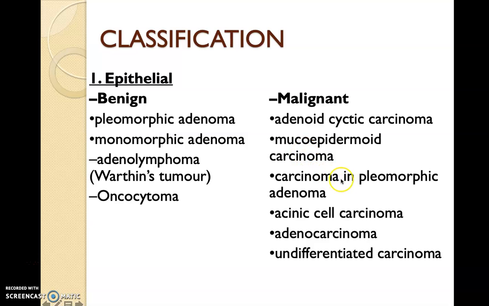Carcinoma in pleomorphic adenoma, acinic cell carcinoma, adenocarcinoma, and undifferentiated carcinoma. So these are the most common ones that you have to know. So pleomorphic adenoma, Wharton's tumor, oncocytoma, mucoepidermoid carcinoma,